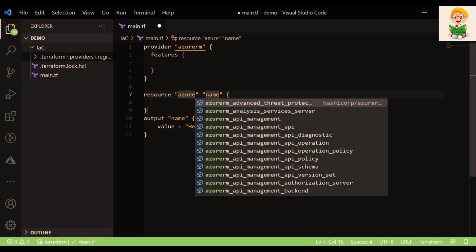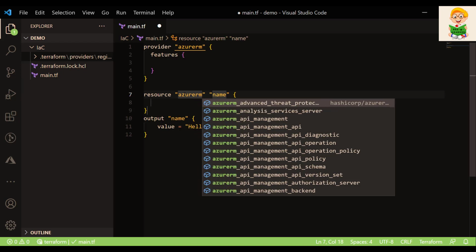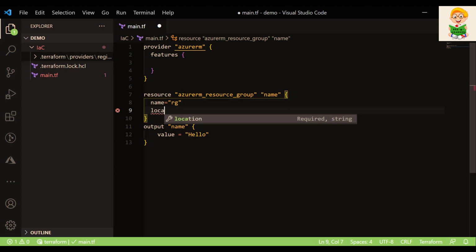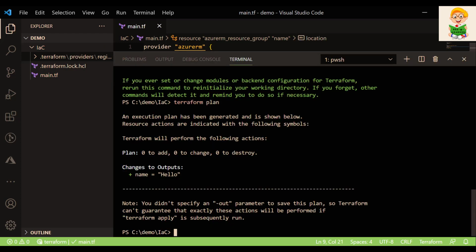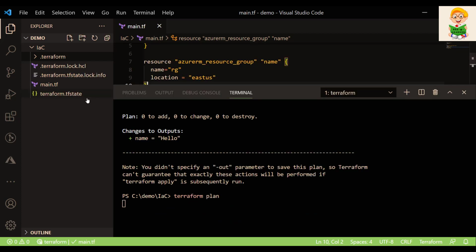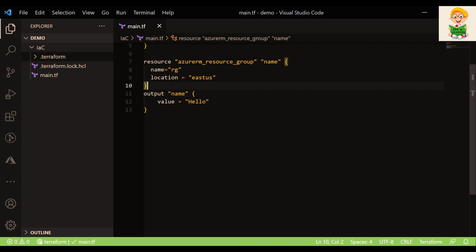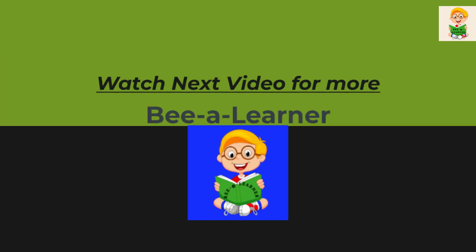Let's say we would like to create a new resource, an azurerm resource group for example, and I'll provide a name called RG and the location US. If I run terraform plan, this is what it will show. It is trying to create a resource of the configured resource type. This is just to demonstrate how you run terraform init and plan. The apply command will take the state file, or rather the plan file, and generate the required output, which is the resource group in this case.